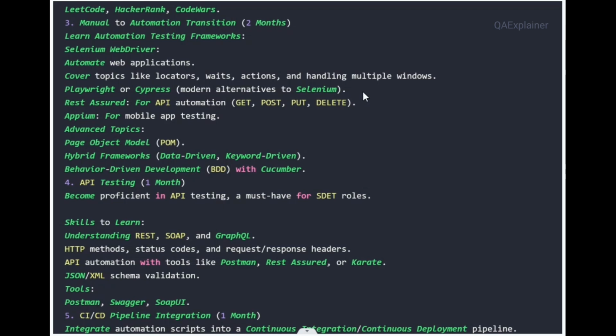And if you want to go with API automation, then you have to learn REST Assured. Inside REST Assured automation, first you need to learn APIs. What is an API? How to test an API with the help of Postman, that you need to know. Then you have to start doing REST Assured, where you have to understand GET, PUT, POST, DELETE. Once you know about this, then you are good to go from QA to